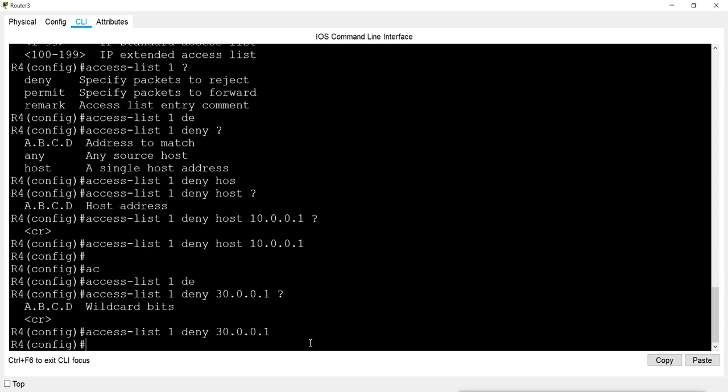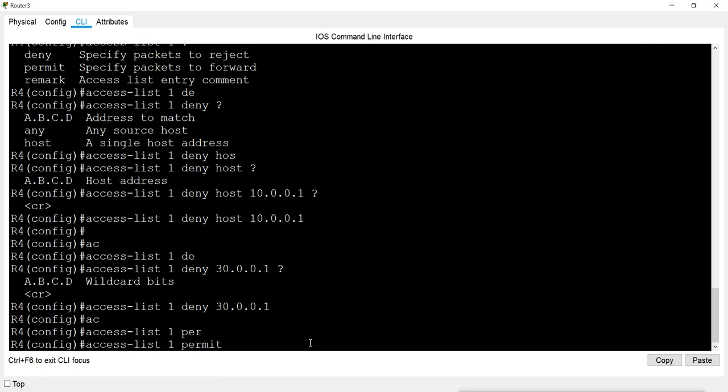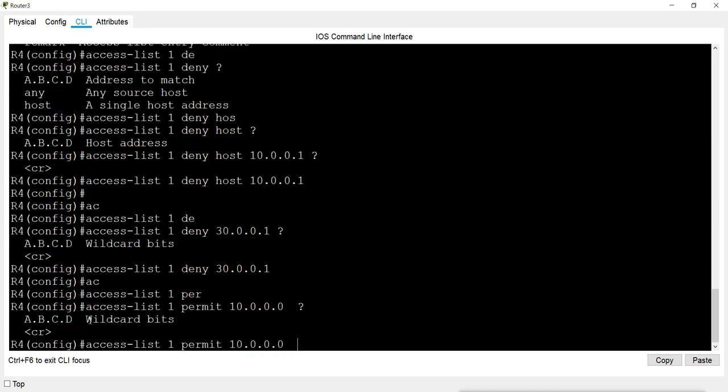Now I want to allow the network 10. Now remember, whenever you want to mention the network, then you have to give the wildcard. Otherwise, if you press directly enter, then what happens?